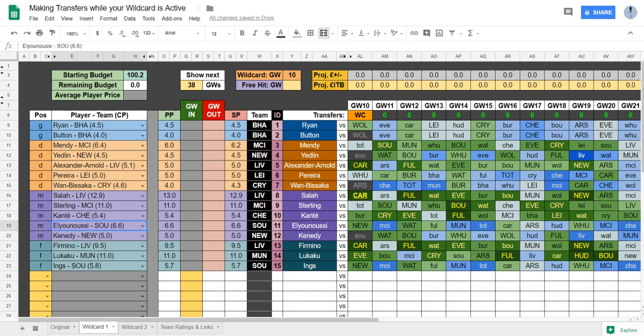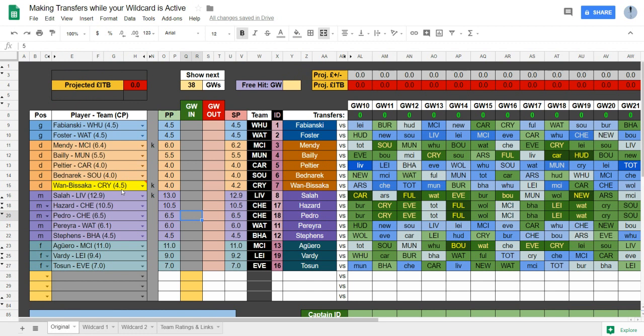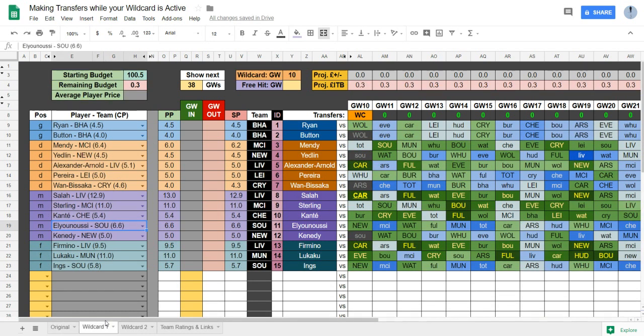If you are transferring out a player who was in your team before you wildcarded, you should go to the previous page, make sure his selling price is correct, so update his price if it needs to be updated, then delete the K from column N, and go back to your wildcard page, delete his name from the player team CP column,